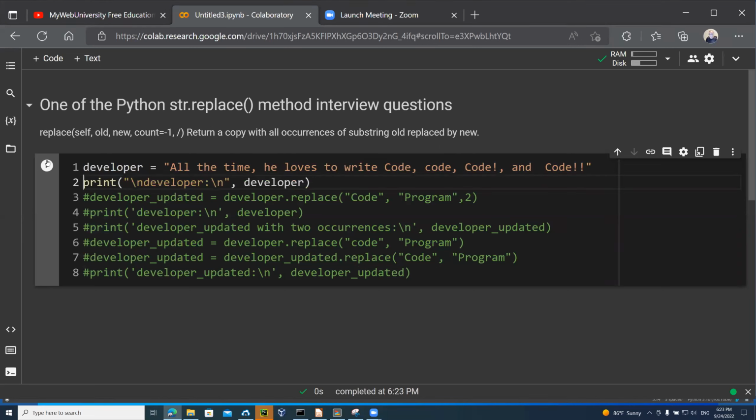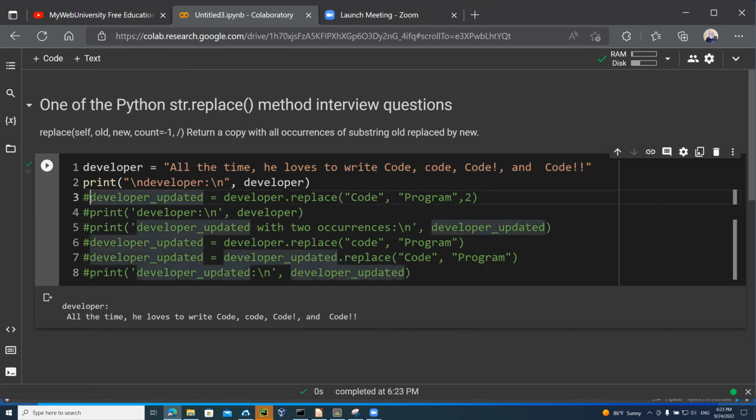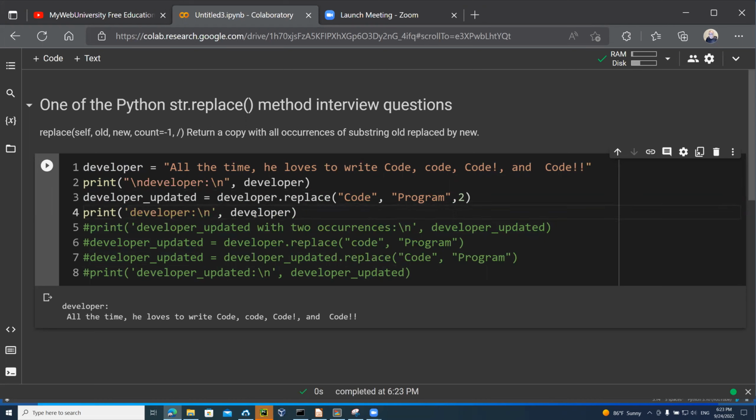Now I'm going to run it the next time. So I'm going to say, go ahead, print the developer, so that the string developer that we assign is going to be printed. This time I'm going to just change the code to program in developer. This line does not produce any output, it's just an assignment statement. And this line where we are printing the developer is just going to say code, because